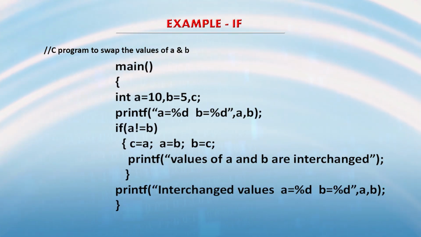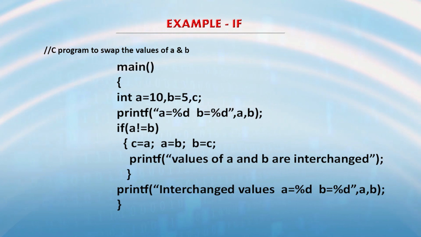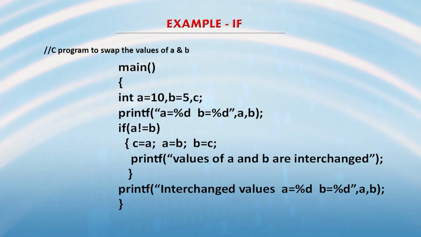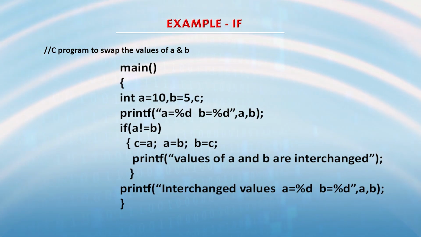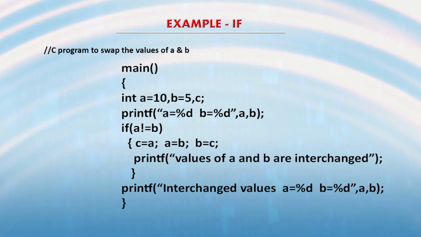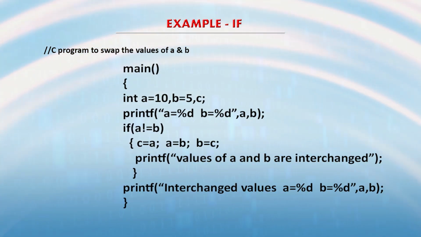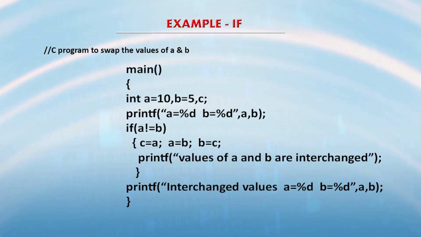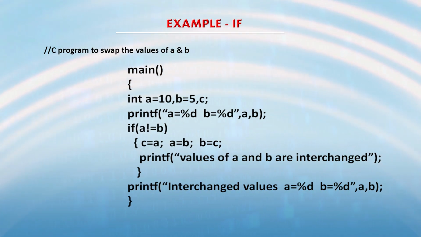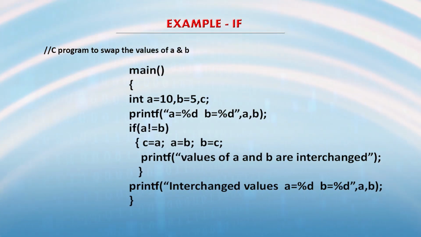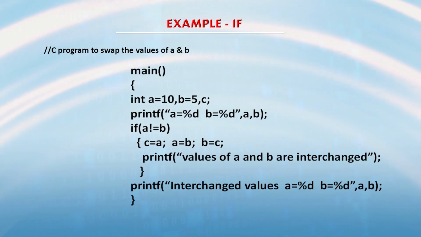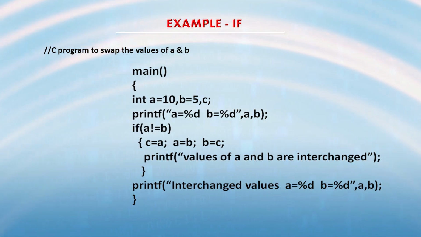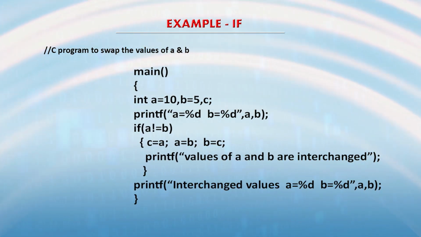then automatically the lines of code between the curly braces for the if set are executed. So, firstly we are using C is equal to A. So, C is now storing the value of 10. Now, A is equal to B. So, A is now storing the value of B, that is 5. After that we use B is equal to C. So, B will now be storing the value of C, which is in turn storing the value of A. So, automatically that means A is now storing the value of B and B is now storing the value of